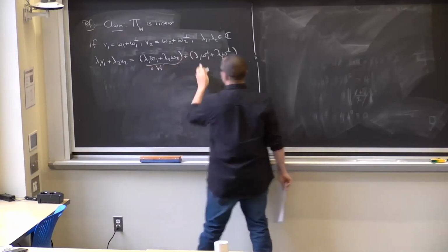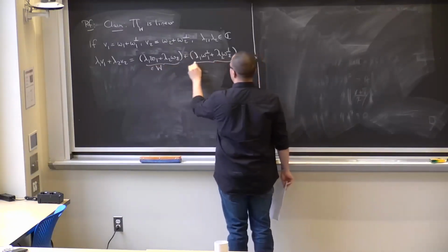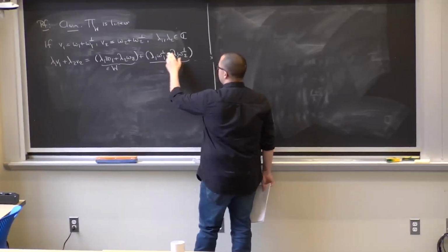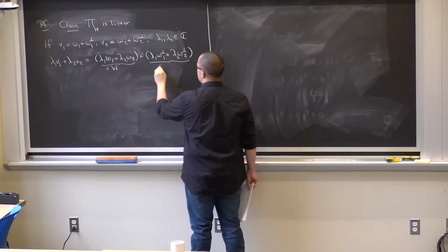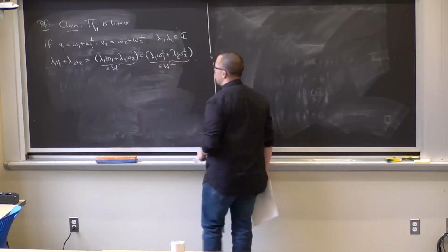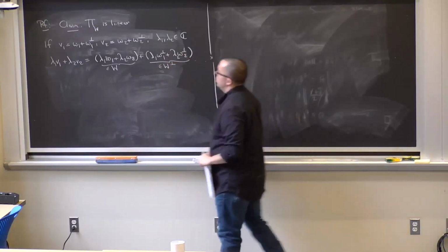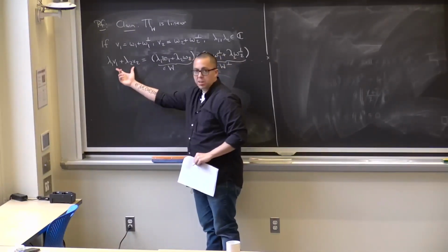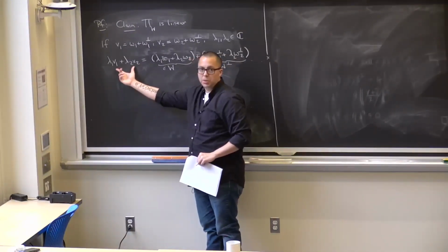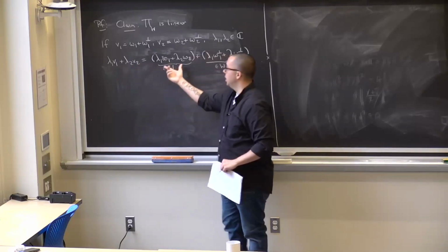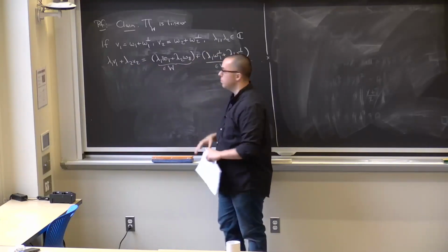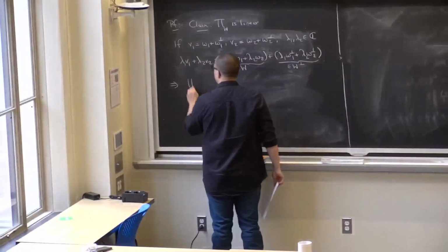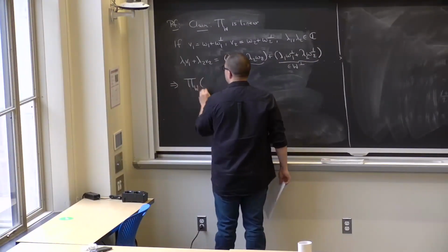And this part also, since that's in the orthogonal complement of W, and so is that, their linear combination is also in the orthogonal complement. So the decomposition of this linear combination of V1 and V2 is a linear combination of the decompositions. Okay? And therefore, by how we define this map,